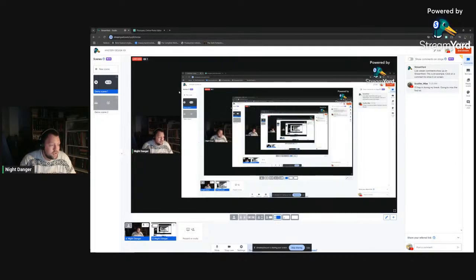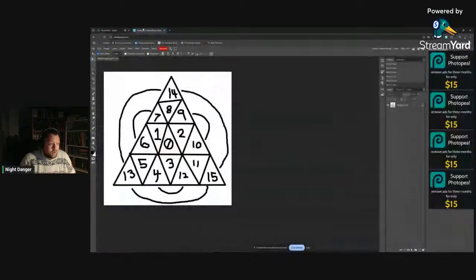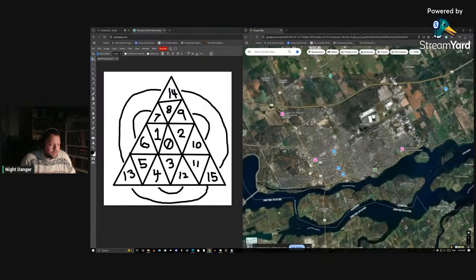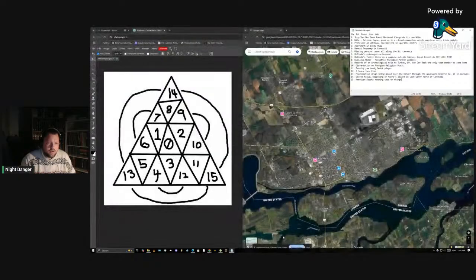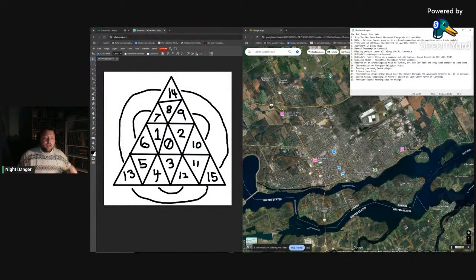Bear with me here. So I want to talk about mystery design, the Night Danger school of mystery design, and to demonstrate this, I'm going to take you through designing a mystery. So if I go ahead here and open up, we'll need that, and we'll need this one. Perfect. Okay. So when I design a mystery, this is